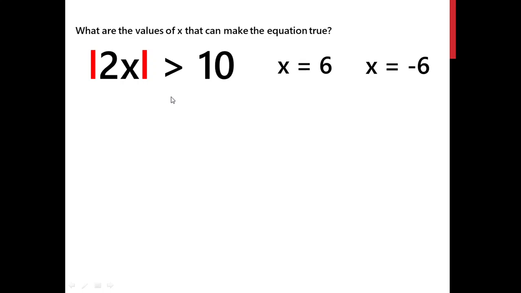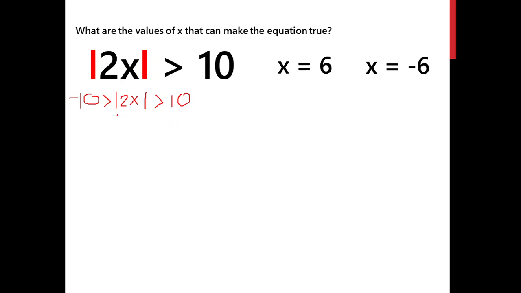Using the algebraic method, we can solve for the possible answers. What we do here is the same way as in solving linear equations in one variable involving absolute value. I hope you saw that video of mine on solving linear equations, because the process would be the same. So again, what we do in the linear equation is that we copy the sign here and then add the inverse of this number here.